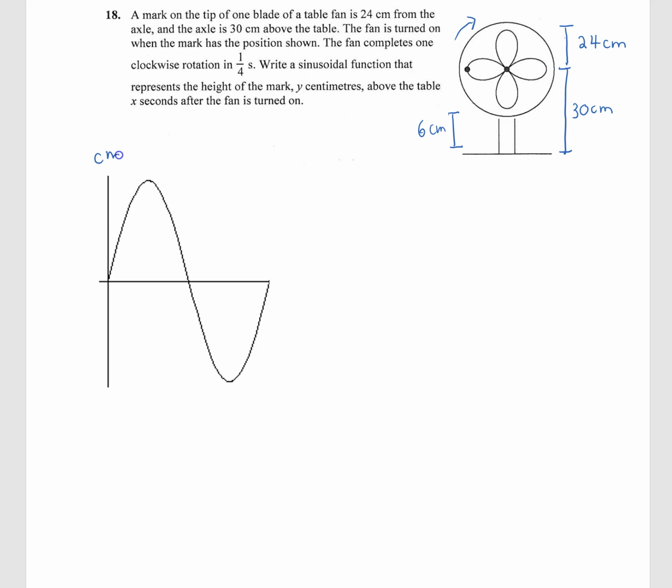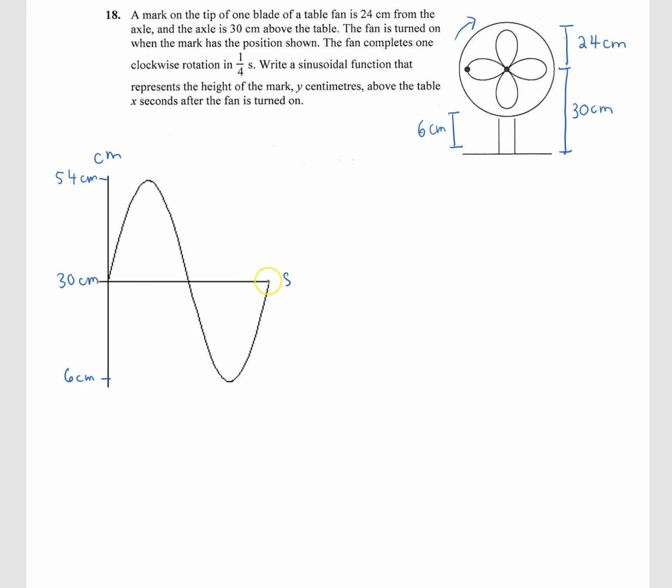Our y-axis is in centimeters, our x-axis is in seconds. And this midpoint here, instead of being 0, it's actually 30 centimeters. Our minimum point here, we said, is 6 centimeters. And our max here is 30 plus 24 centimeters, which is 54. And we can figure out at what time points the function reaches a maximum or crosses the axis